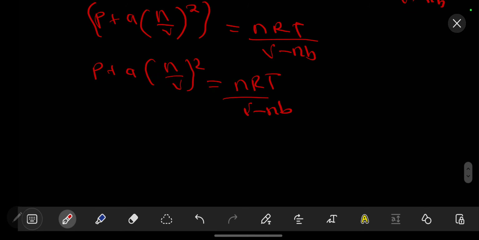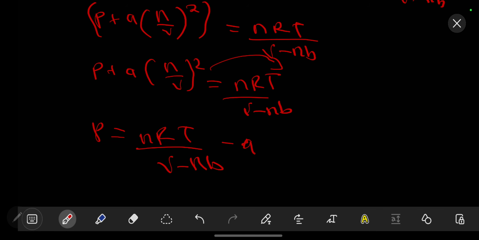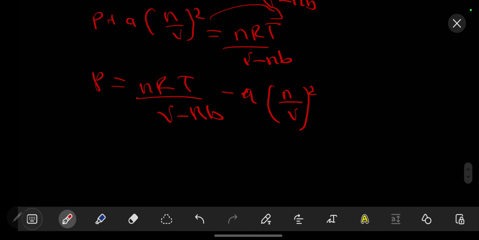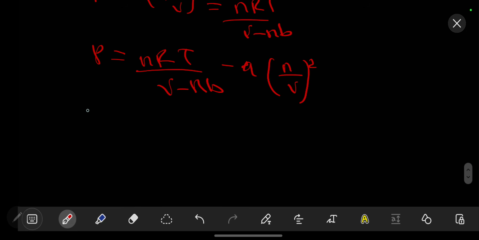So we are going to get this component and move it to the other side. So we are going to have pressure equal to nRT over V minus nb, then minus a n over V squared. So this is the equation for pressure under the real gas equation. So our P should be equal to